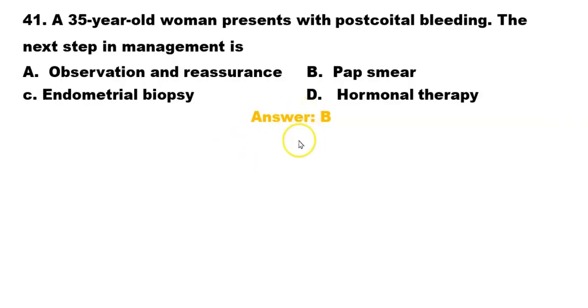The answer is B. Because postcoital bleeding guarantees evaluation for cervical pathology, including cervical cancer, and a pap smear is the first diagnostic step. You know that. The next question: